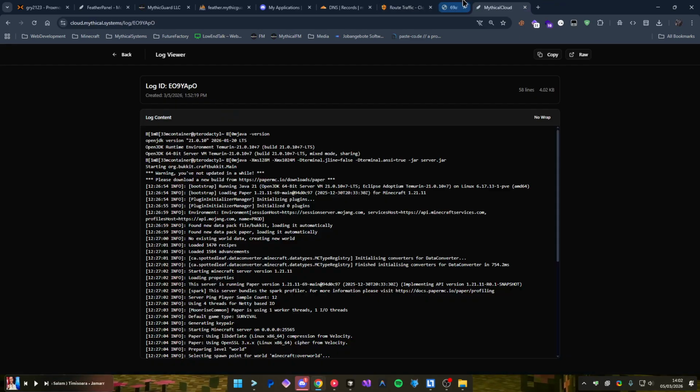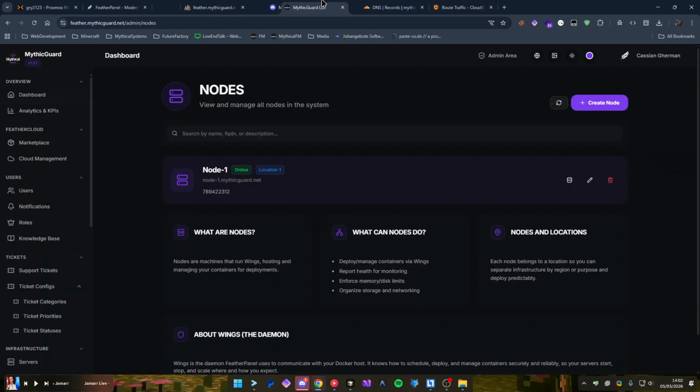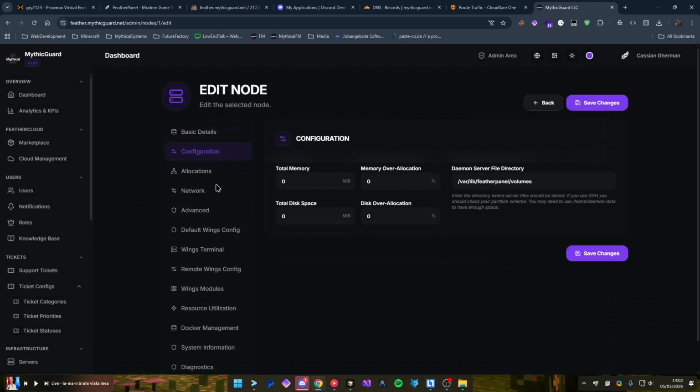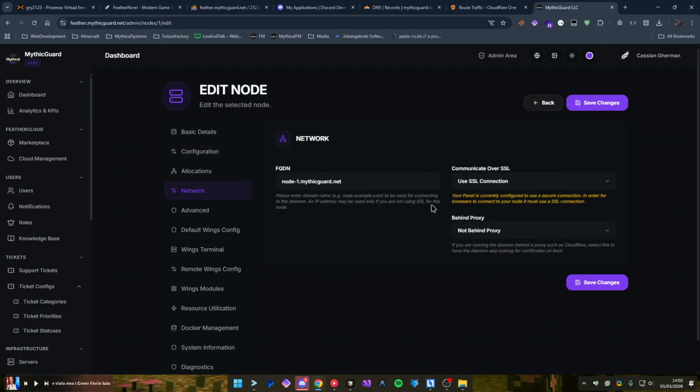Now, because you're using a tunnel, we will have to customize the node a lot. So firstly, we have to go to edit the node. We have to go to the networking, and we still have to use SSL connection, and we have to set the behind proxy to behind proxy. This is pretty important. Then make sure to save it. Then I know this sounds weird. You would want to use an SSL connection, but now we have to go to the